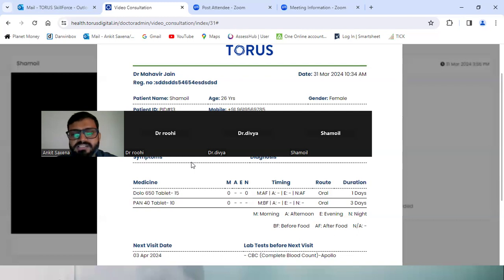Yes, okay. Shamoil, meanwhile, what you can do is simultaneously, side by side, keep on writing those suggestions, because all these are very good suggestions that we are coming up with here, and we can have them incorporated. Yeah, I'm just writing it in the note. Yeah, okay, thanks, Shamoil.